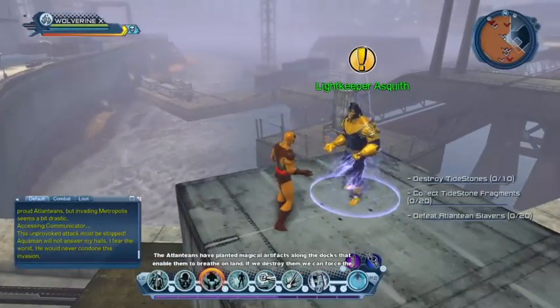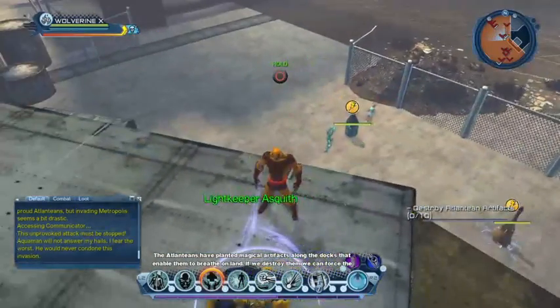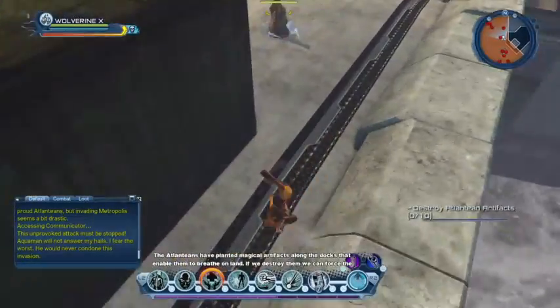The Atlanteans have planted magical artifacts along the docks that enable them to breathe on land. If we destroy them, we can force...